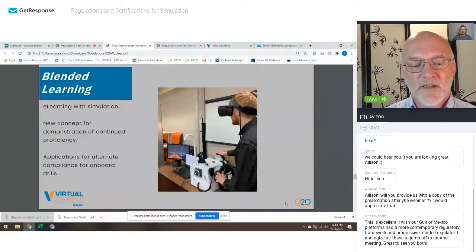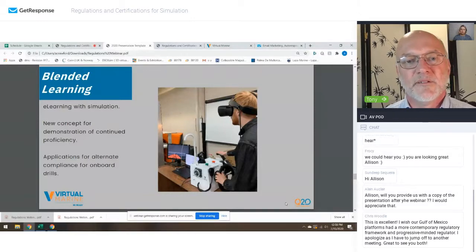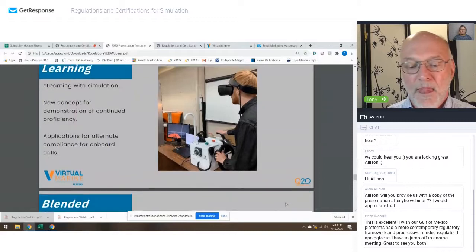And what you see here in the picture is a concept that we're fielding, which is gaining traction. It's a mixed reality. So the eyes are in the virtual world, the hands are in the real world, and this whole simulation is coupled together with an e-learning package, and there are no instructors in this. The whole thing is self-learning. Okay, next, please.